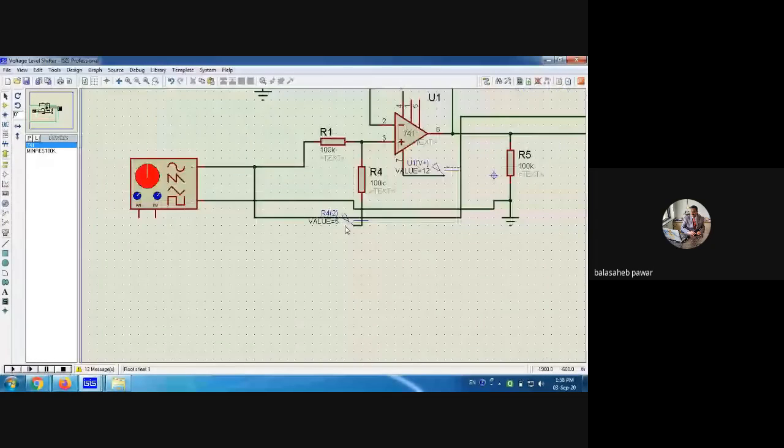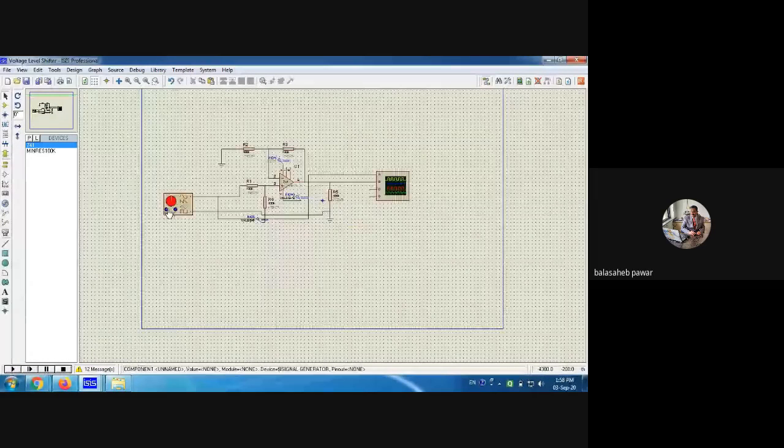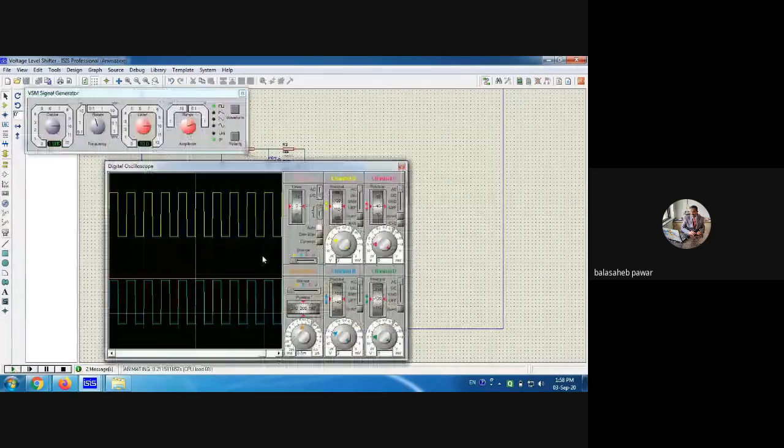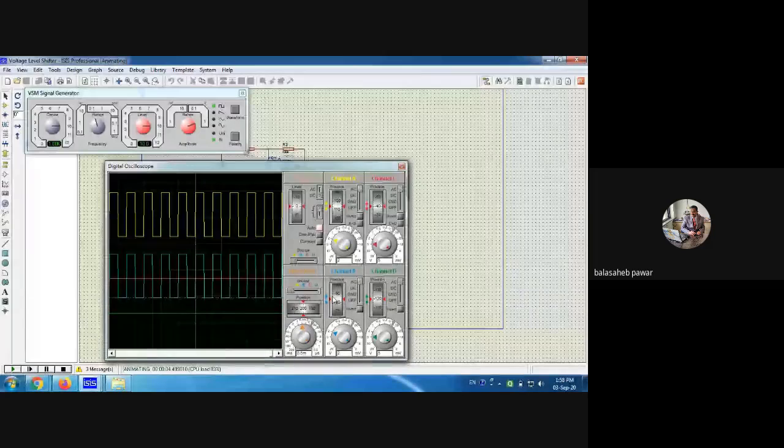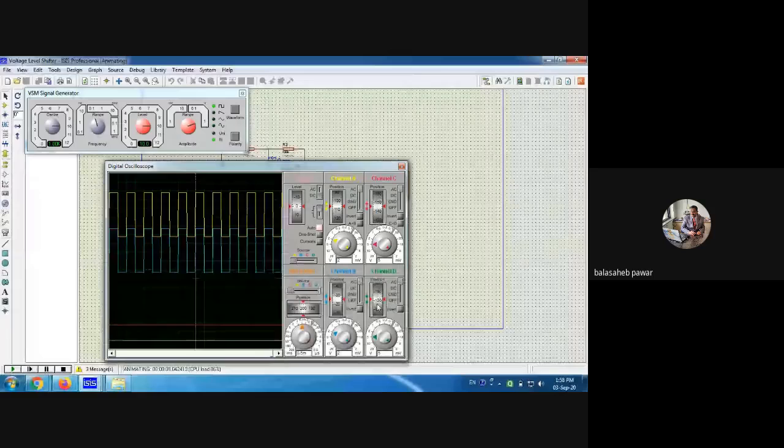So see, whenever we play it again, I have already shown the yellow trace as input and this blue trace is the output of that circuit. Okay, so I will show you how it gets shifted. See, I read channel A, and whenever I scroll down that channel B trace, you will observe where that dotted line gets generated. It is at the bottom of this signal. See, is it visible? Look at it properly.